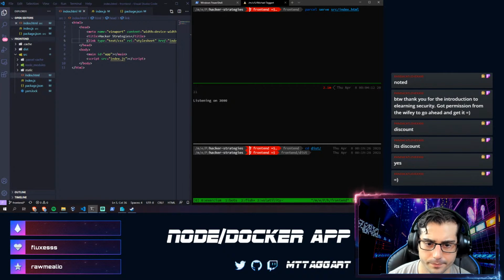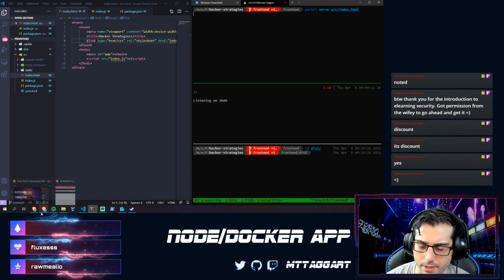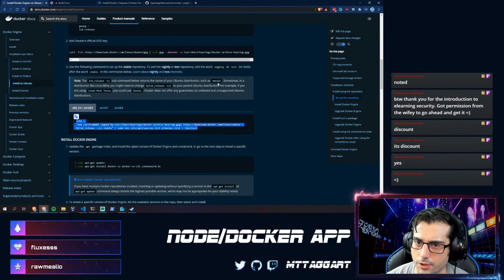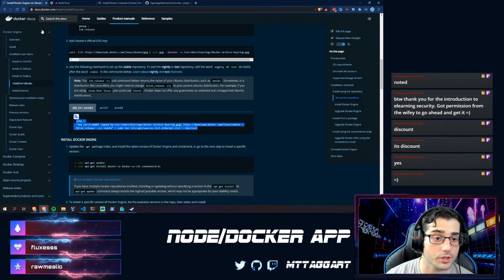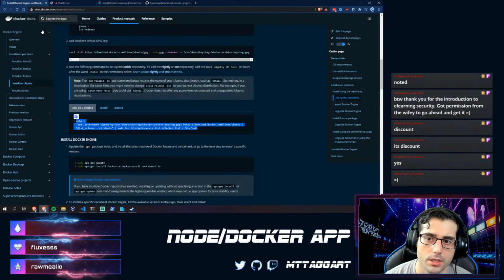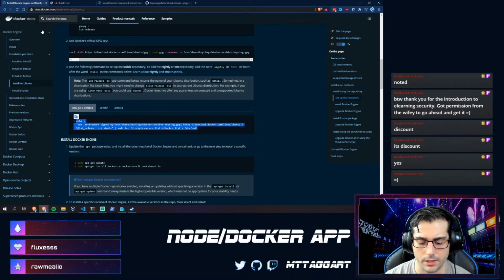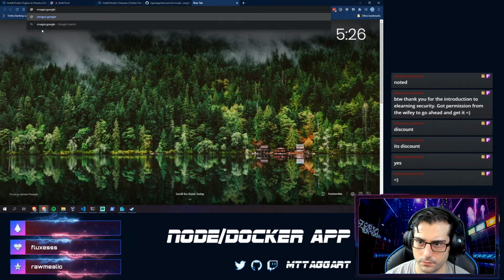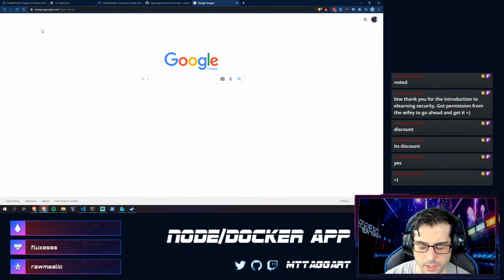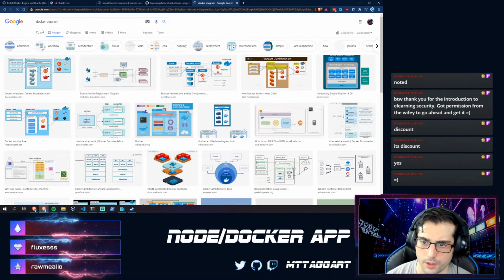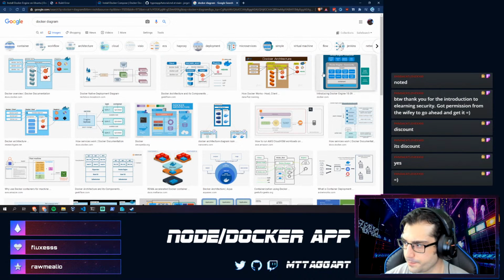Then I don't know. But if you haven't played with Docker, let's talk about Docker. So Docker is a technology for deploying applications in a controlled fashion. So the idea is, let's say you have a virtual machine and you don't necessarily want to spin up another one just to host a single application. Docker is great for that because what Docker does, let me see if I can bring up the diagram. What Docker does is it shares some resources amongst